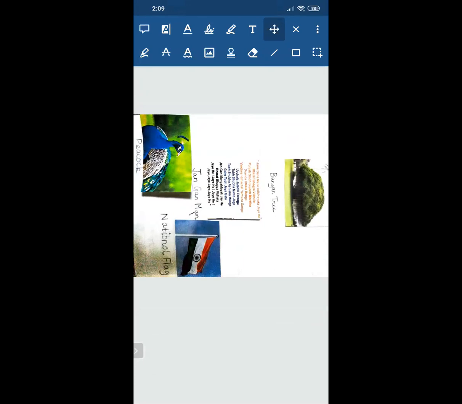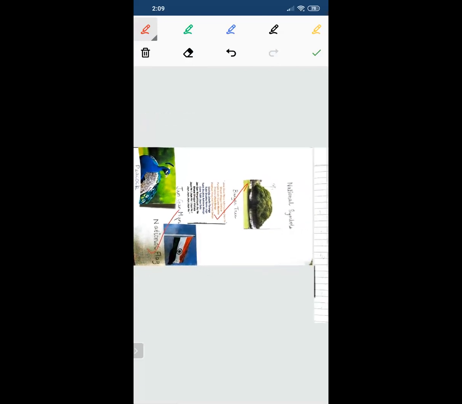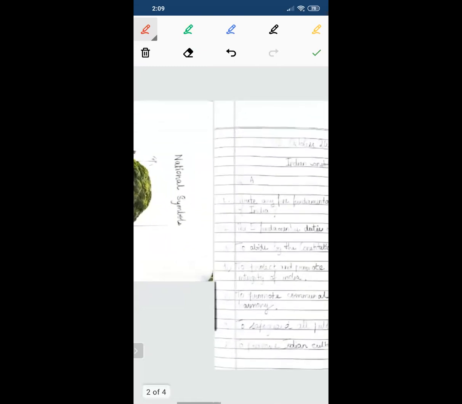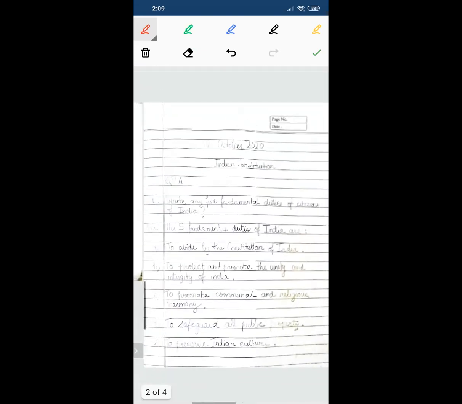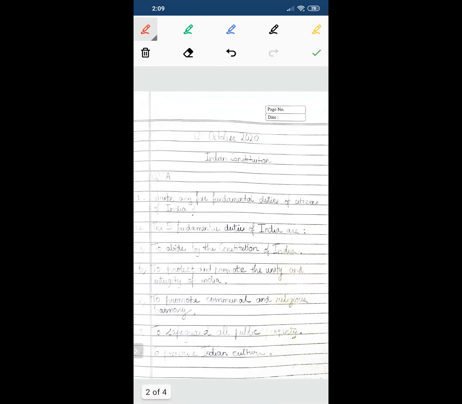I just take this pen symbol, which is on the first top line. And you again have a lot of colored pens. I go for the red itself and I start. So I can just start checking. Zoom in, zoom out again will be with your two fingers. So you just go to the next page. Again, check.